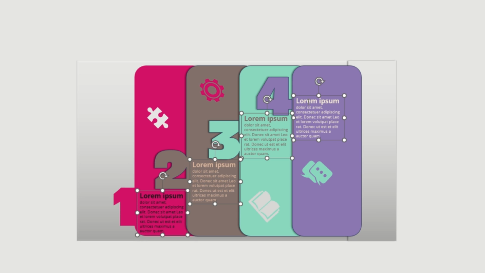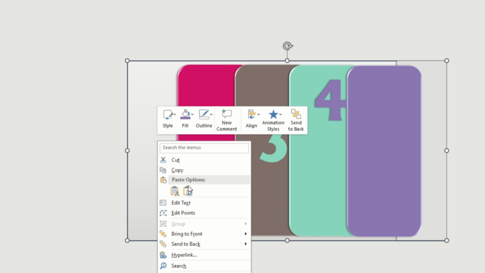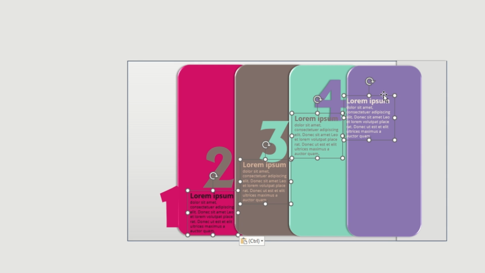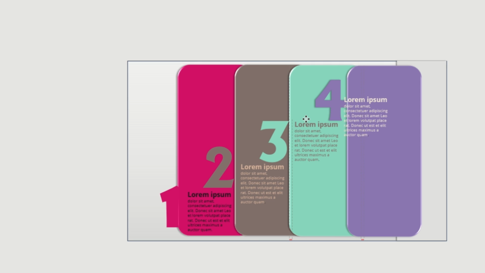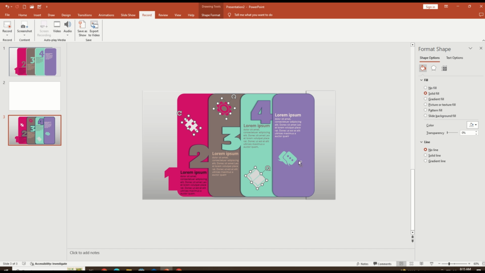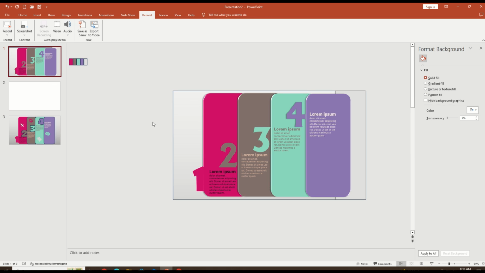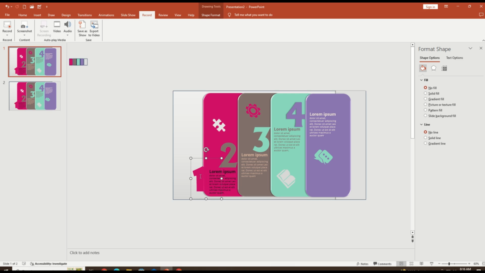I'm gonna select this text and I'm also gonna copy it and paste it onto my slide. Now I'm gonna adjust it according to the slide size. Let's move this down here and this one to the right and a little bit down. Now copy the icons and now paste them. Now duplicate the slide